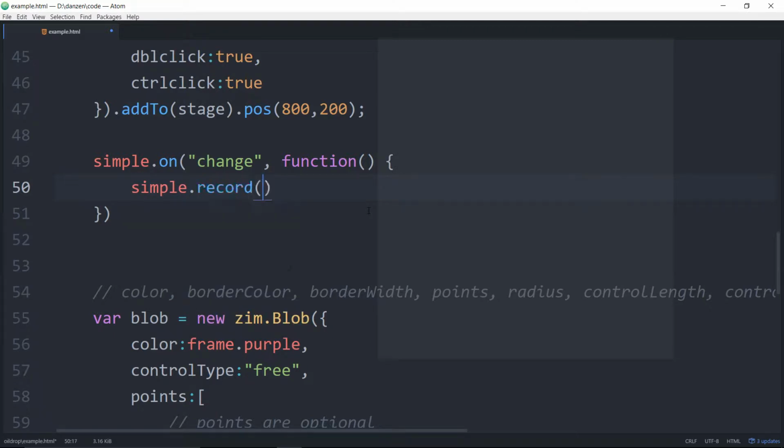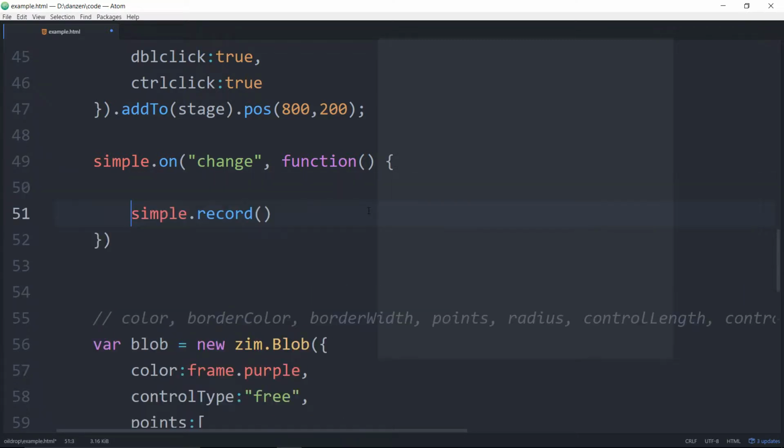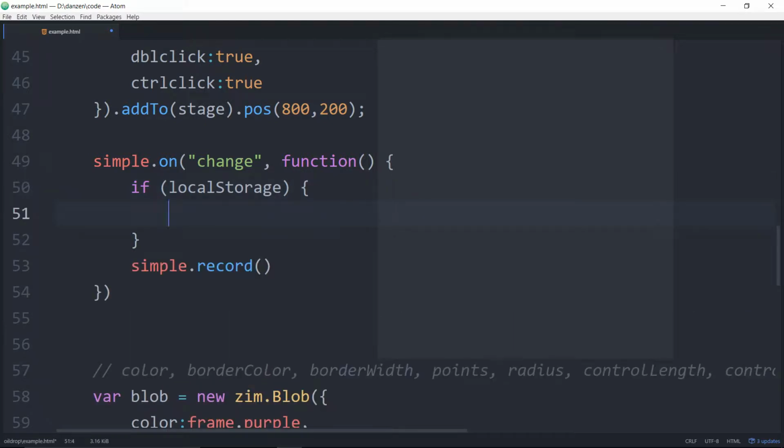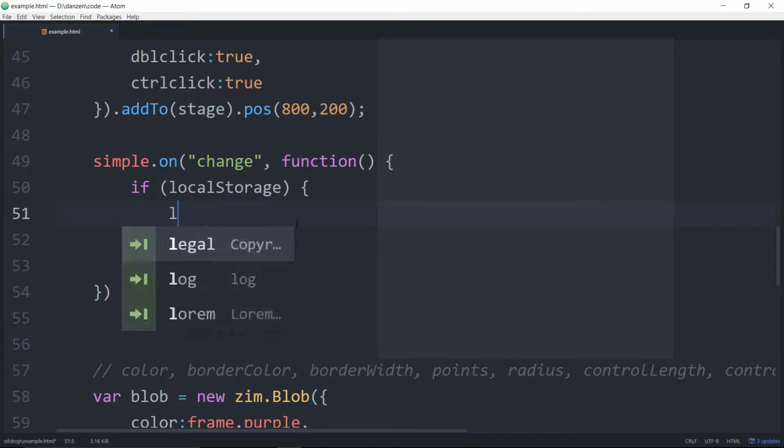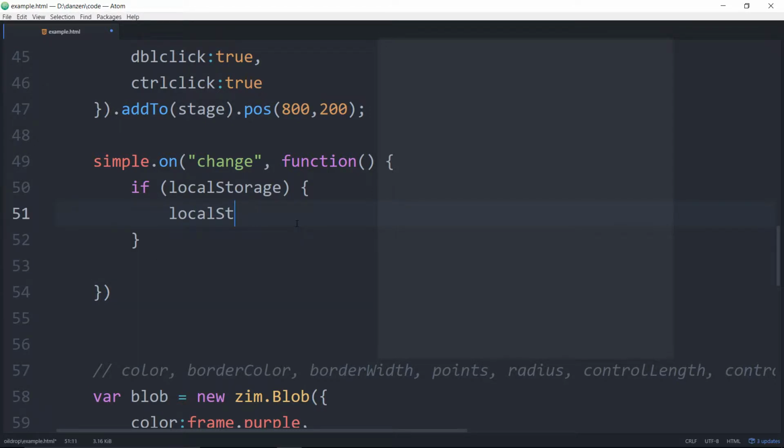Simple.record. So that gets the information as an array. And what we'll do is we'll try and save that in local storage. So we'll just test for local storage, although because we're Canvas, almost everything that can run the Canvas can run local storage. So if there is local storage, then we can say local storage.simple